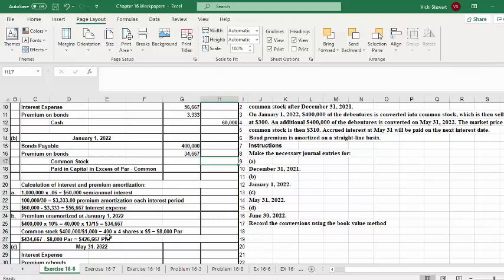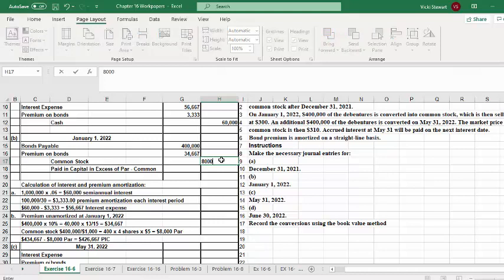So 400 of the bonds times 4 shares each times the $5 par value would equal $8,000 par common stock. So again, you take the amount of the bonds, divide it by 1,000, and that gives you the number of bonds. Each bond converts into 4 shares. Then you multiply that by the par value to get the amount that you would credit to common stock,